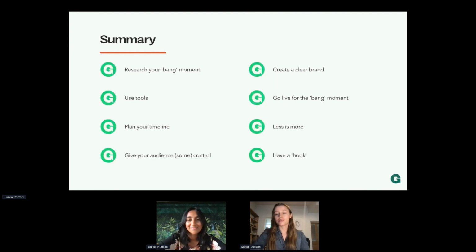One of the ones that I thought was really fantastic was how, which tip would you prioritize when you have limited resources, a small team, lack of budget? And I think one of the things I wanted to mention, and I'll let you answer this, Sunita, in a second as well, is that it's really important to use the tools that we mentioned earlier, the free ones, to make sure that you're being as efficient as possible.